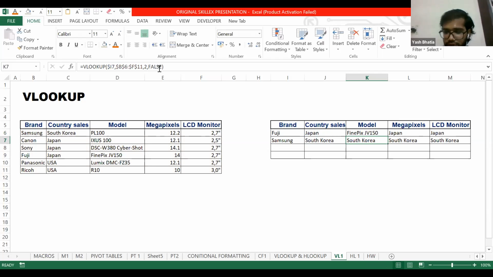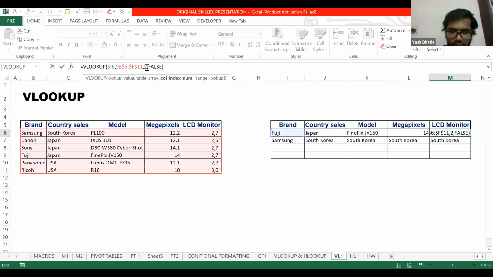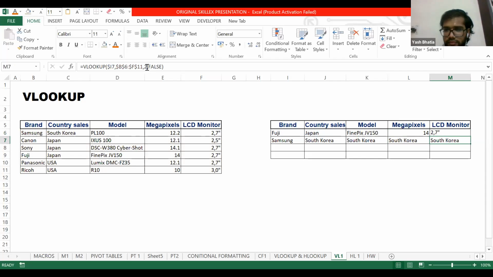It's column number 3. It's column number 4. It's column number 5. Now I can paste this formula, and we have filled the table.